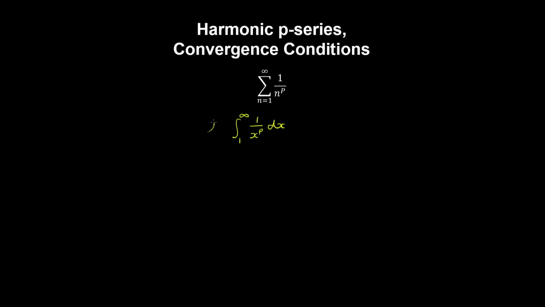And given that this is an improper integral, we can take the limit of a dummy variable. So if we evaluate this integral, we'd obtain the following limit. Or we can write this in an eta form of 1 minus p. And therefore, the limit is written as follows. If we take 1 on 1 minus p outside the limit,